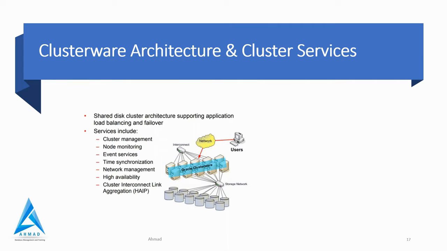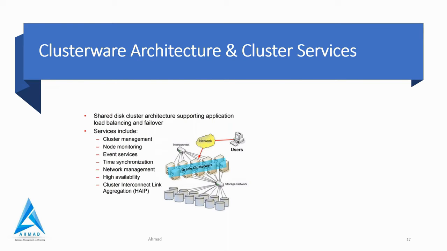Correct? So next is network management, which basically provides the network management. So we have multiple types of network. The first one is virtual IP, then public IP, then private IP, then SCAN IP, right? So these four types of network are in RAC. So you need to study all. We will discuss later in the network session. So basically, there is Grid Naming Service which manages network naming in the cluster. So that GNS we will discuss more.